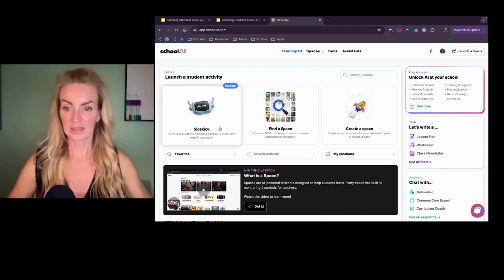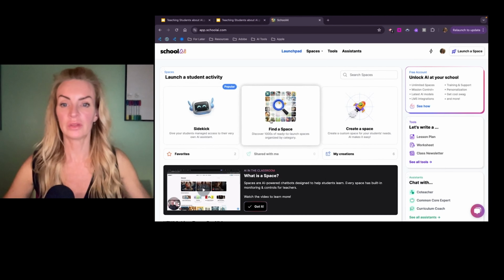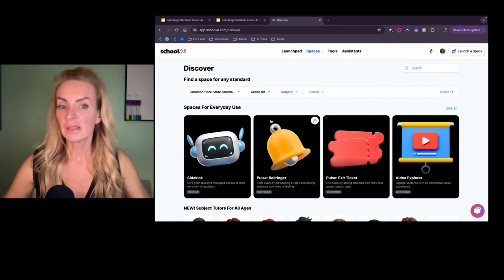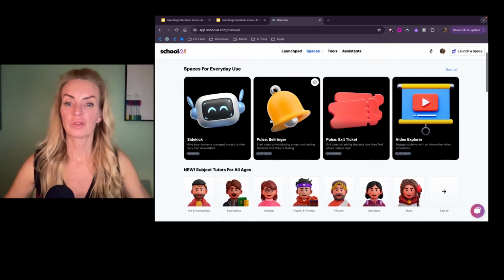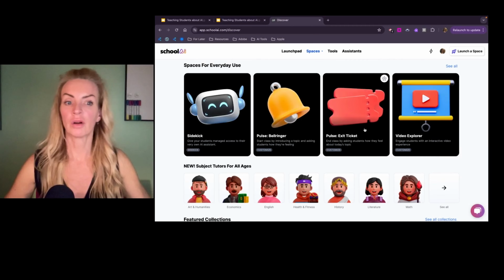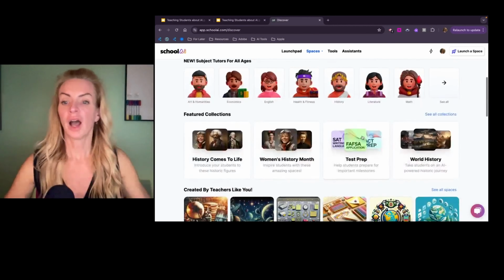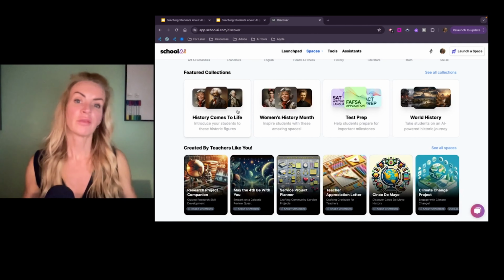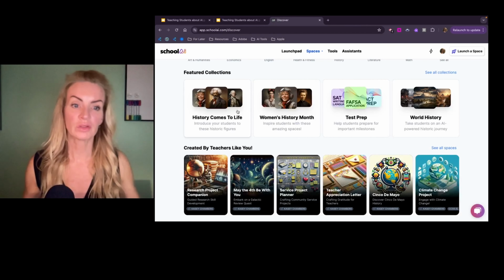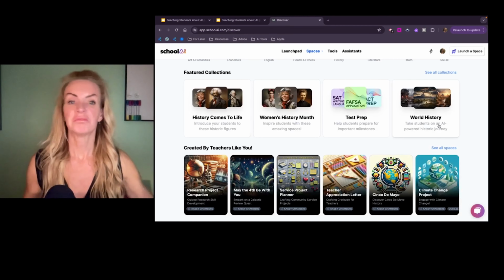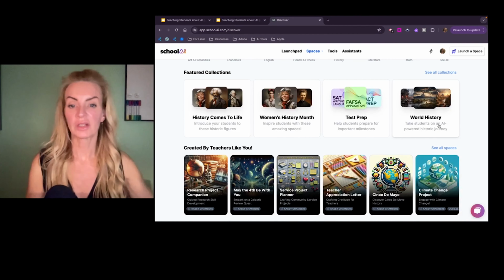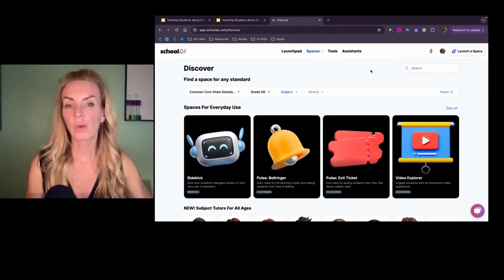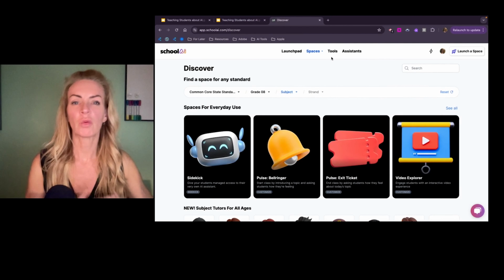So Sidekick is something that you could just have open for your students to use. You could find a space if you're looking for a space for your students to use, like a bell ringer, a video explorer. I love how history comes to life, where you can have conversations with historical figures, or you can explore world history. But my favorite way to use this is when I go to the spaces that I've